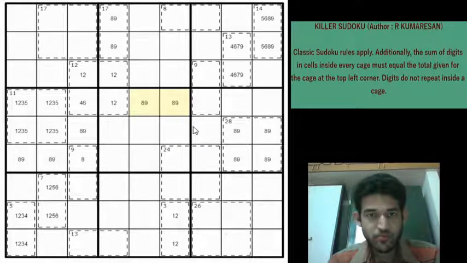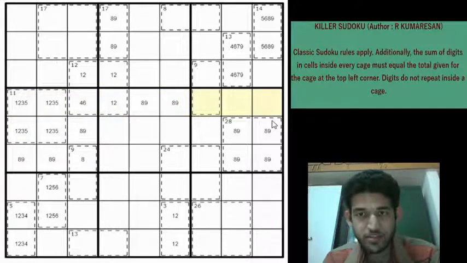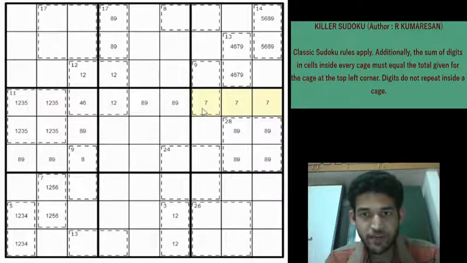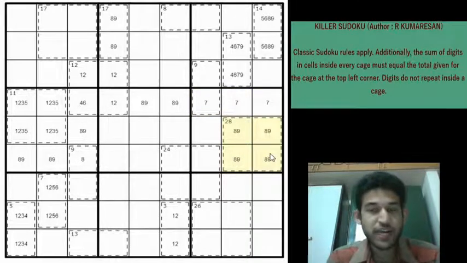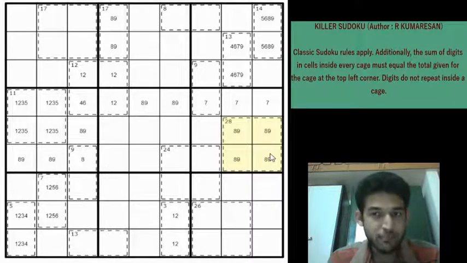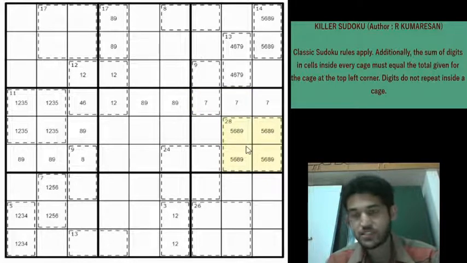Now, alright. So if you look at these 6 cells, we don't have a 7 anywhere here, right? So 7 in row 4 can only be in these 3 cells, right? The 7 cannot be anywhere else. Okay, now that we have narrowed down 7 to one of these cells, we know that the 28 cage will be 89 plus 47 or 89 plus 56. So 89 plus 47 is out of the equation now. So 8956 will be the possibility for the 28 cage, right?